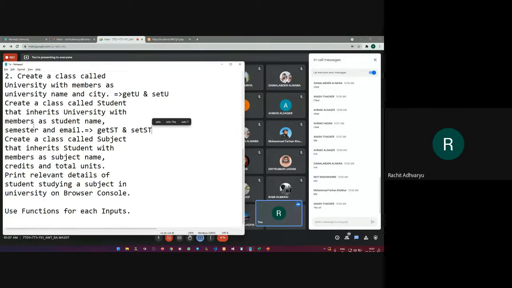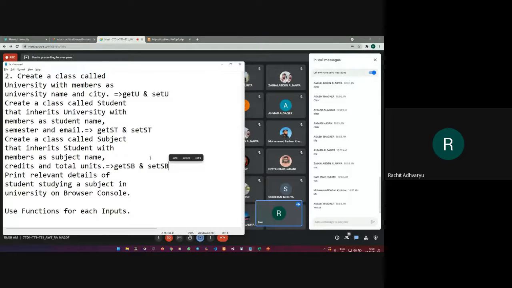Set st will assign the values to name, semester, and email, and get st will print the values of these three. And similarly for subject, I'll use get sb and set sb functions. So this is how you can work with the functions.